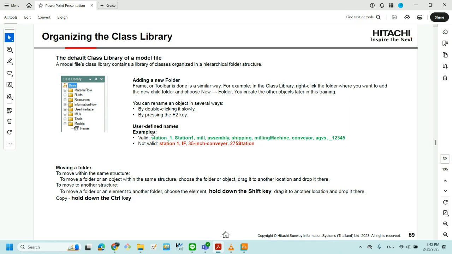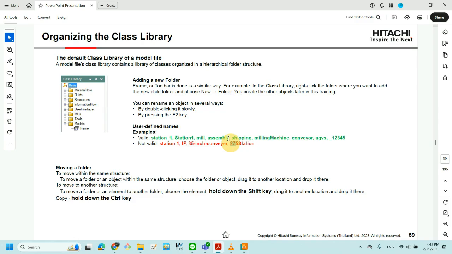The station, you can use the underscore right here, milling, and lowercase, uppercase letters, and underscore. It protects you and does not allow you to use the number